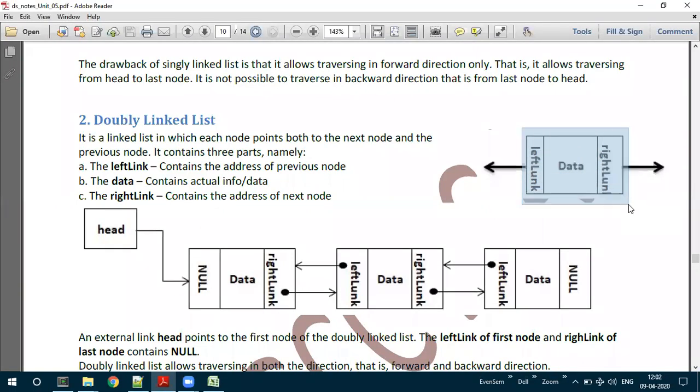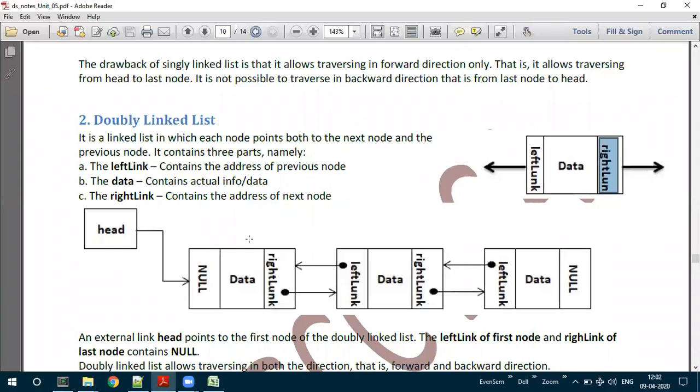The first field is called the left link, which contains the address of the previous node, the second field is data, the actual information, and the third field is the right link.